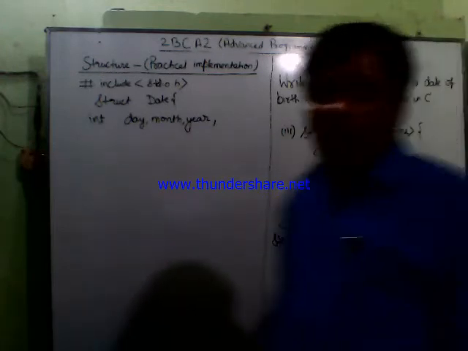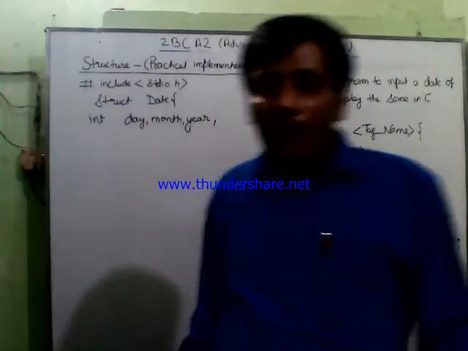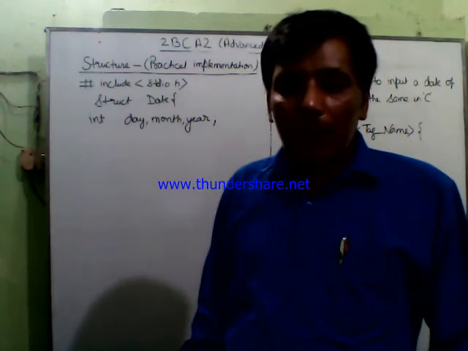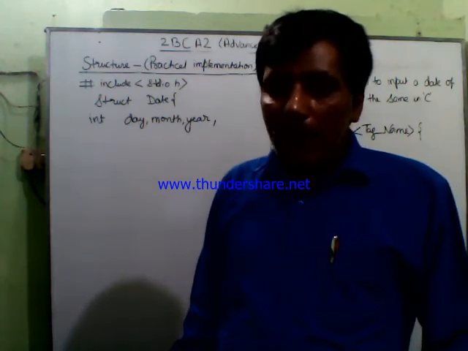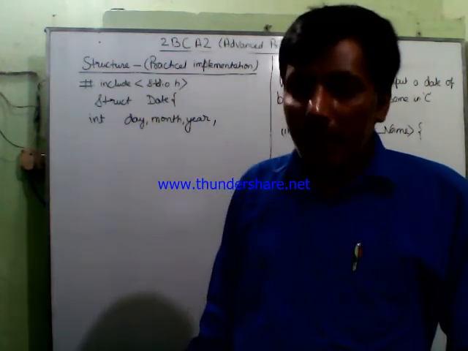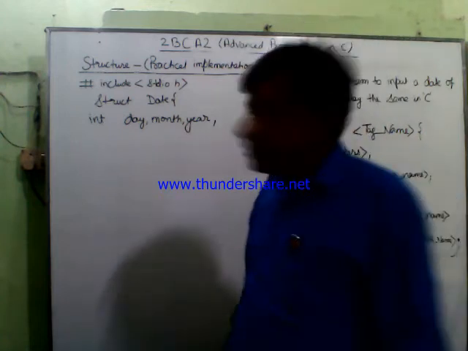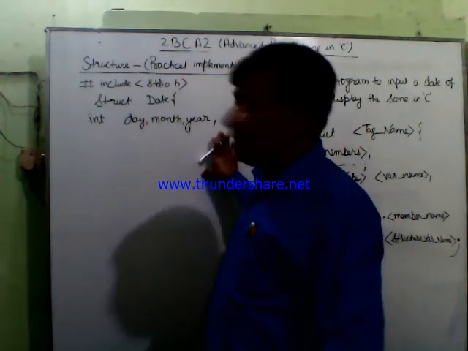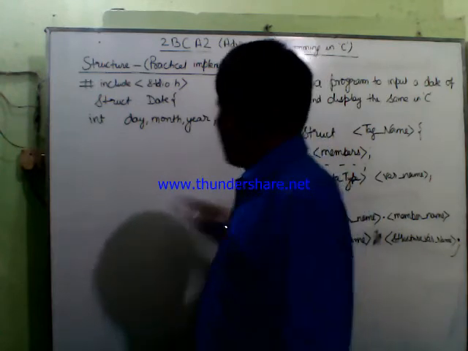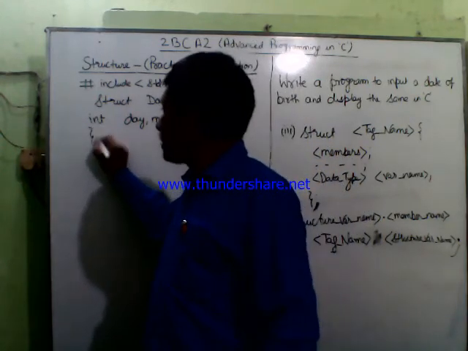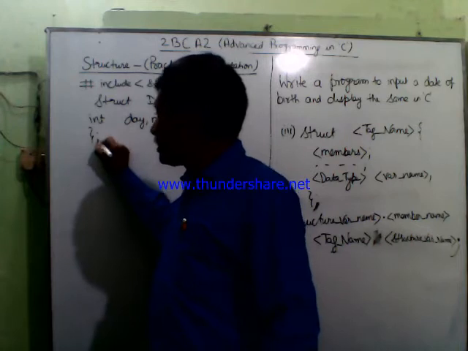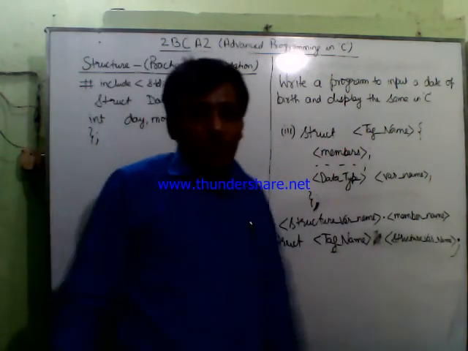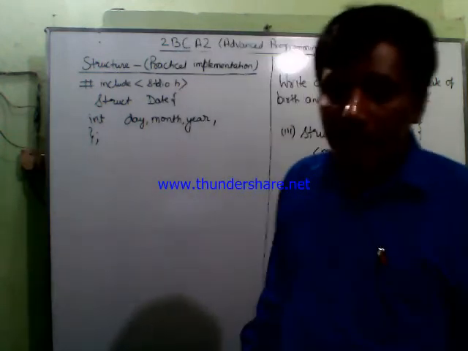One or more variables can be declared by a single declaration statement, and when you have to declare more than one variable, you have to separate the variable names using the comma operator. Hence, I have declared the structure members, and then I have to put the closing curly bracket, and then put a semicolon while using the syntax to declare the structure.